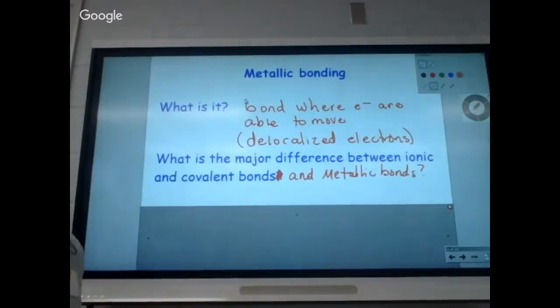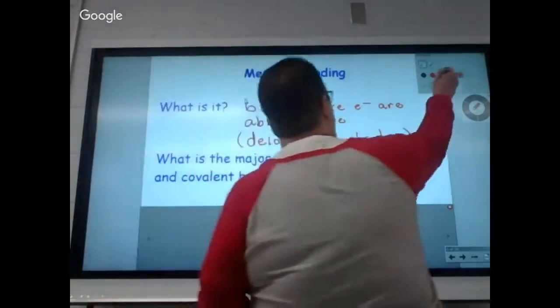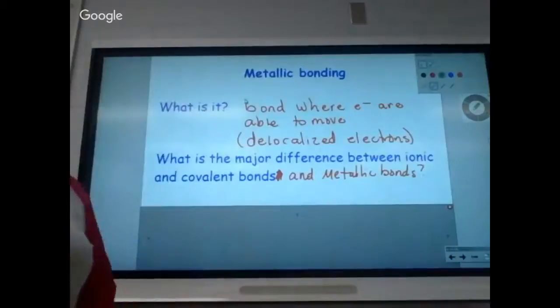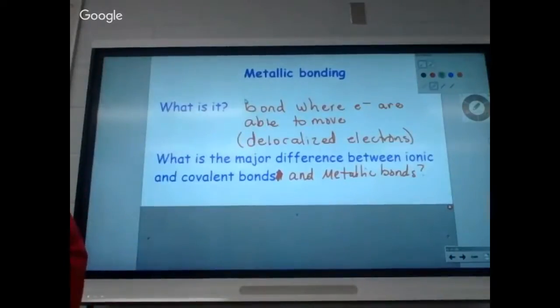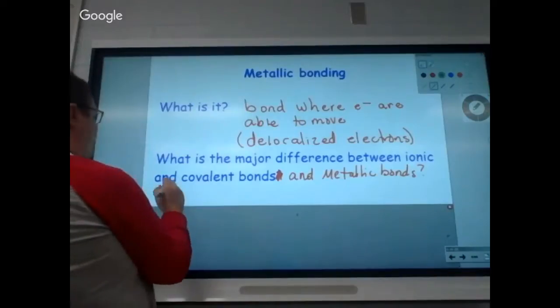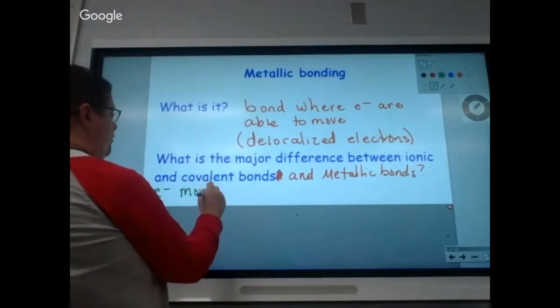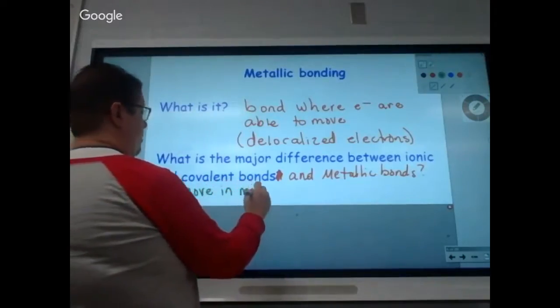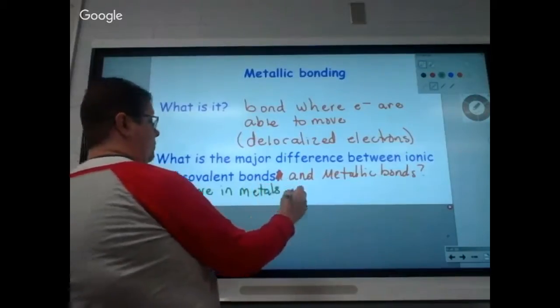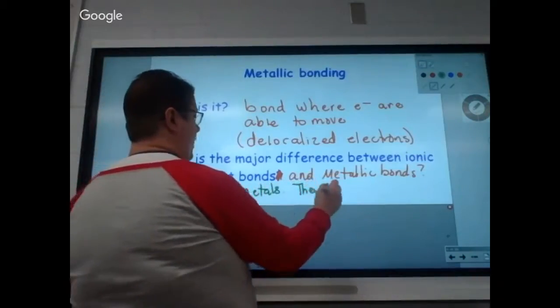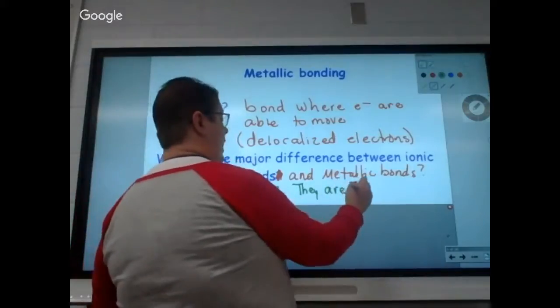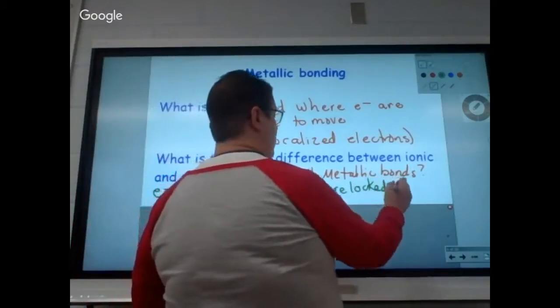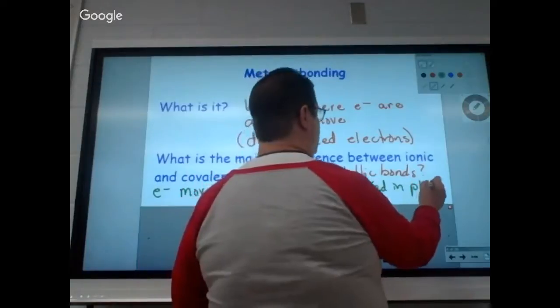I want it to be about the electrons. Okay? What can the electrons do in metals that they can't do in ionic and covalent? Move. Okay? Electrons move in metals. They are locked in place